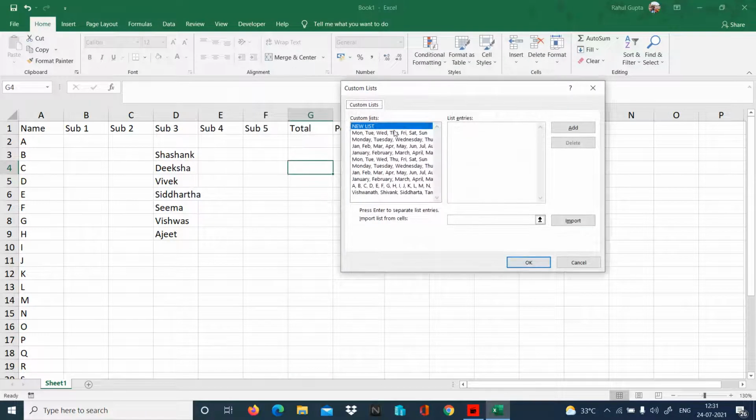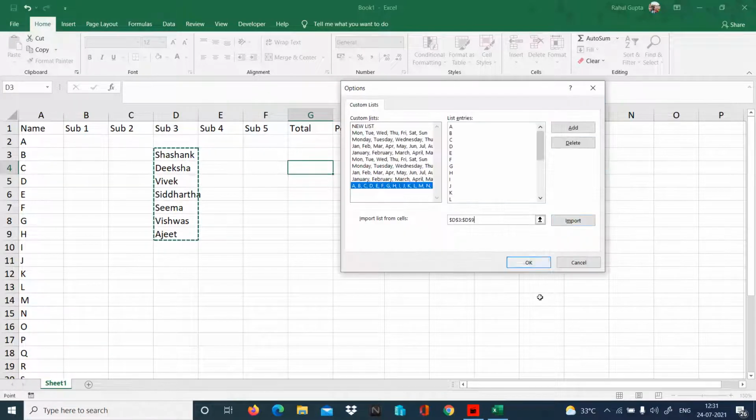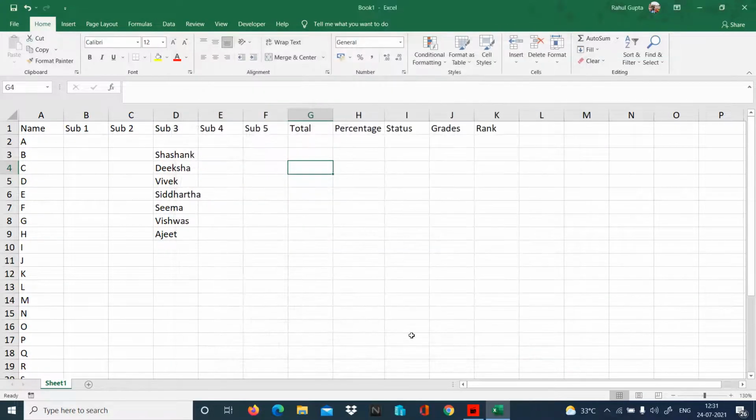Now you can see a few lists are already there. This is a previous list which I have made. This is ABCD, that's why I got ABCD. Now I want to insert this list over here. So I'll select from here using this arrow key, click on Import, and you will see the data has been imported. I click OK, OK, and finally done.